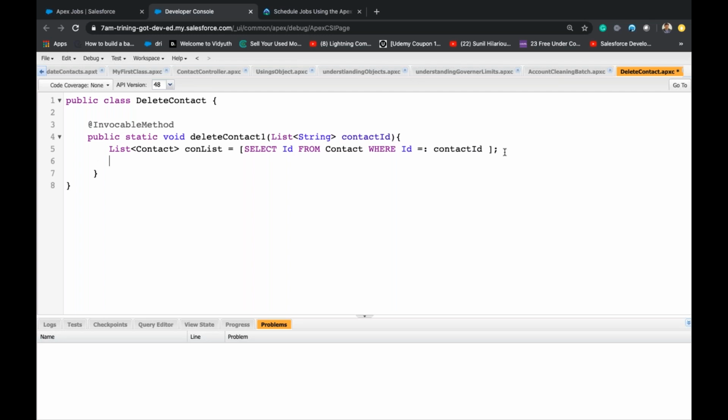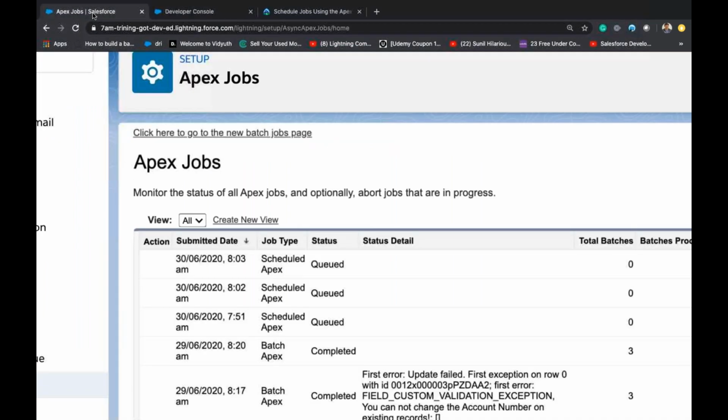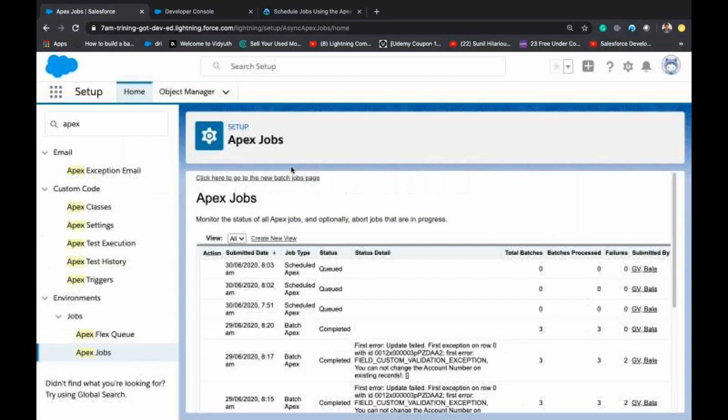So these are how I can fetch and just delete from list, right? This is how we can delete a contact and use this. We can use this in process builder.